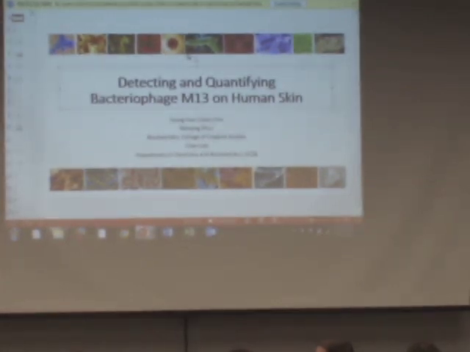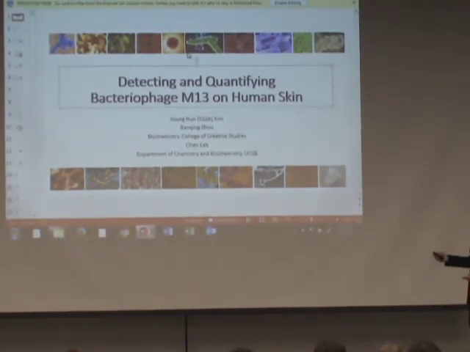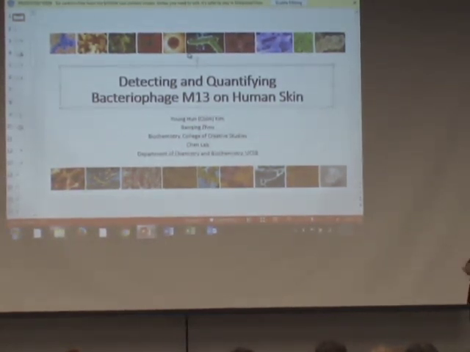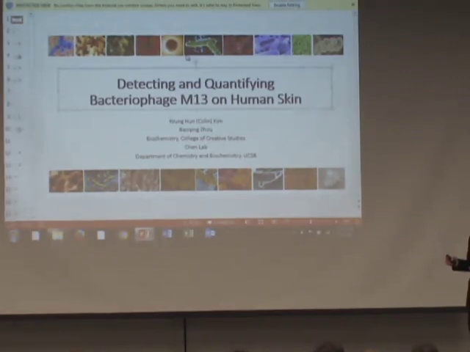Okay. Actually, for the skin swab, human skin wounds, the clinical samples, we will only be using next generation sequencing because we ultimately want to get the DNA sequences and characterize bacteriophages and bacteria from those wounds. We wanted to use the qPCR because it was a rapid method to detect